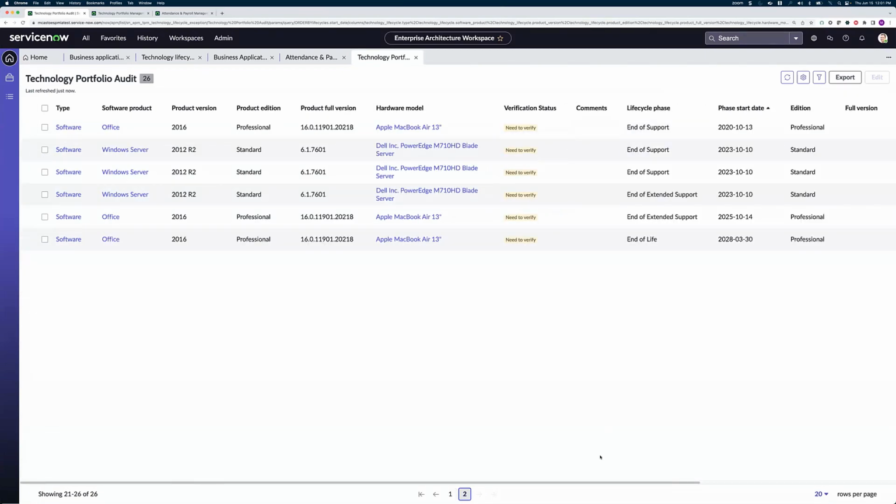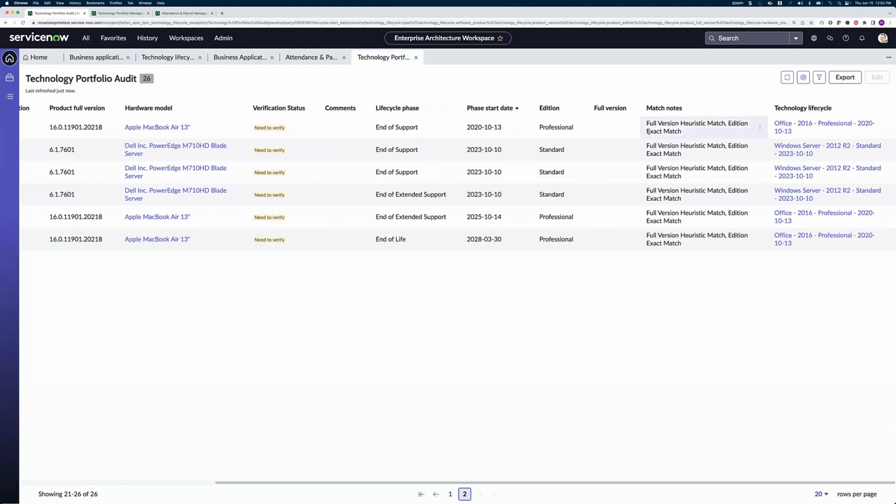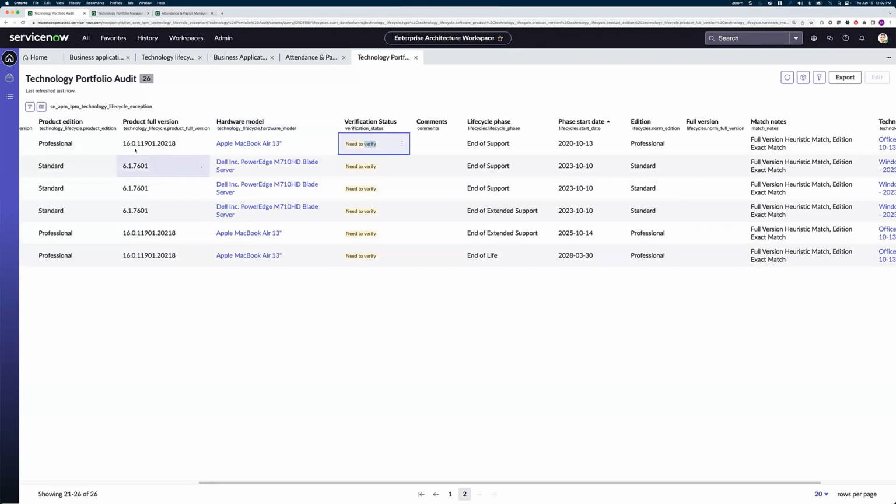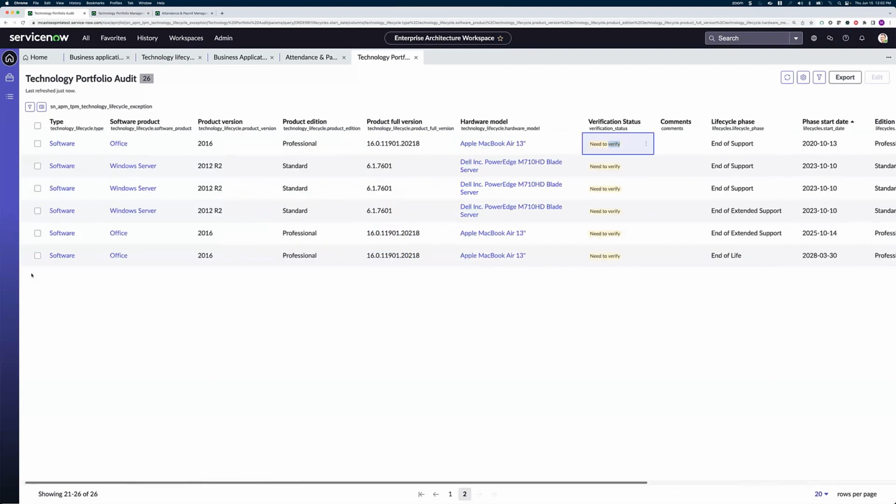It needs to be verified, and the issue with it is we had a full version heuristic match. That means that the full version was close, and the full version is shown here, the 16.0.11.901, et cetera, et cetera. The edition matched, but we had to use a heuristic to find that. So we can go examine that particular life cycle and we can verify it. We can say, you know what, this isn't good enough. I'm going to update this. So what I have to do is I would go into this